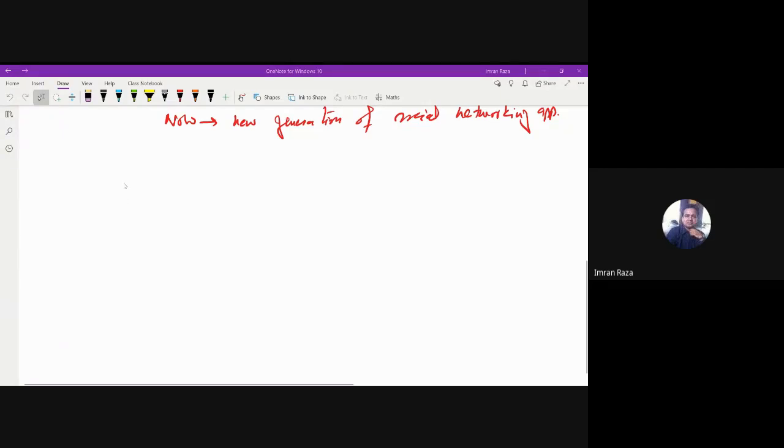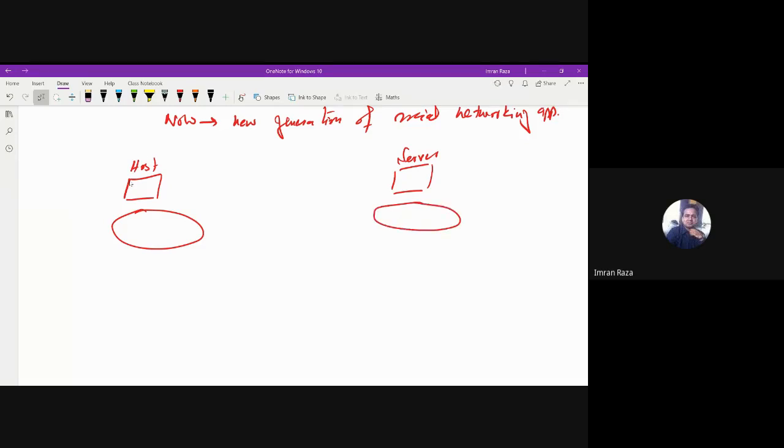So, when I say that a machine, or let me call it a host, communicates with a server, what happens here is that on both ends we have a process, right?